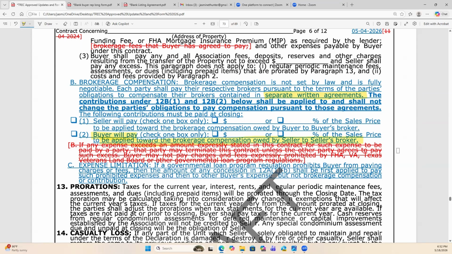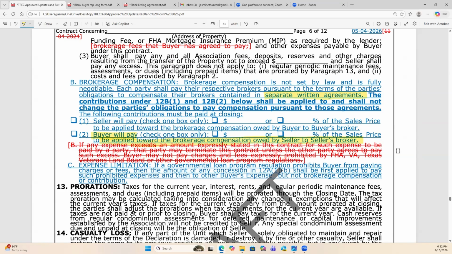There are so many people out there who forget that the buyer's agent compensation is and has always been, since the beginning of time, negotiable. It's never been that the seller has to pay. It has never been like that. It has always been negotiable. That lawsuit of June 2024 put into practice the current contract we have that we've marked out in red.